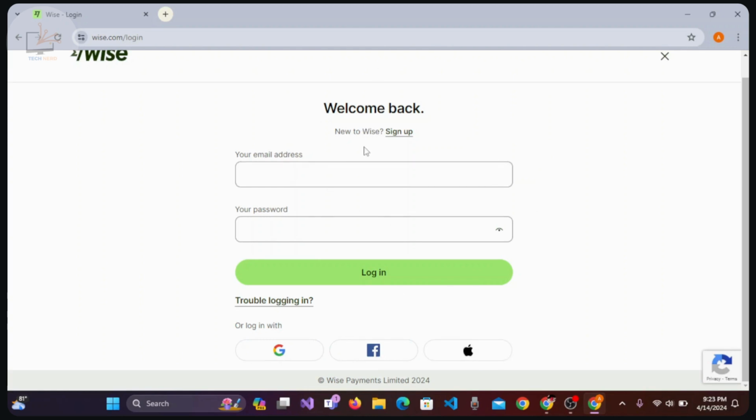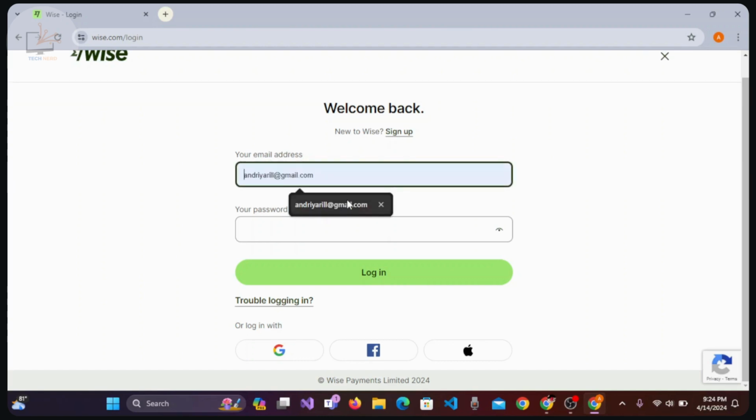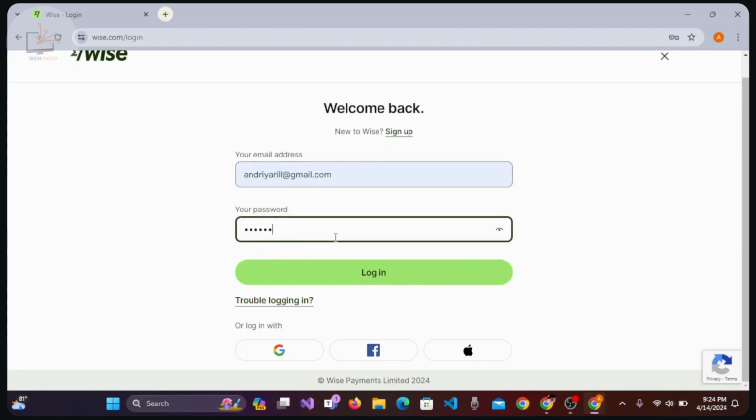If you are new to Wise, then you can click on the sign up button and easily sign up to your Wise. After you enter all the credentials, you need to click on the login button and you can easily log into your